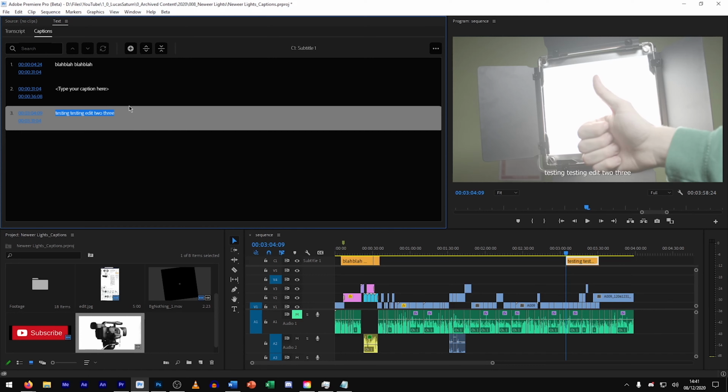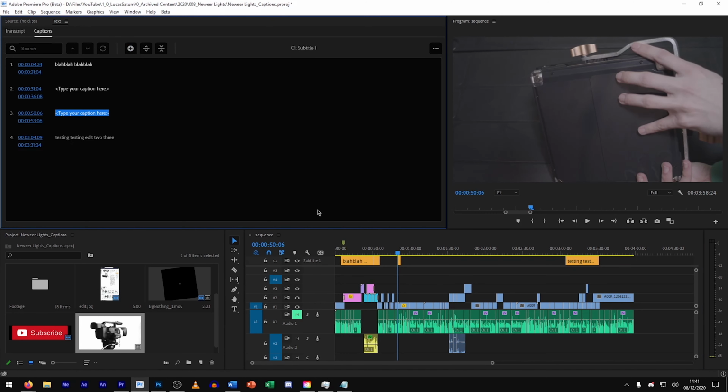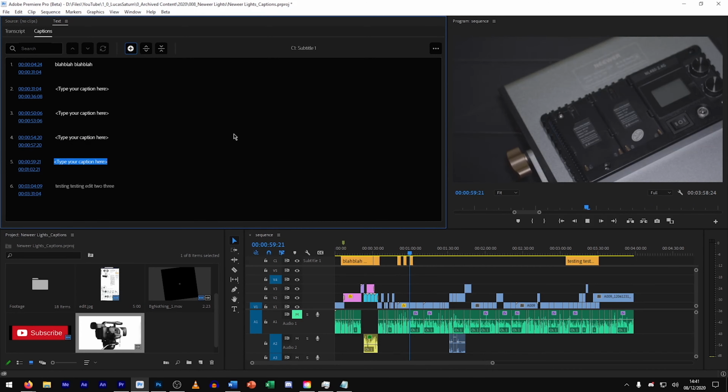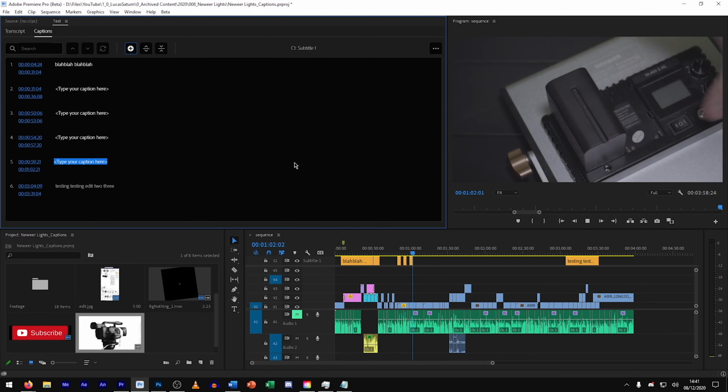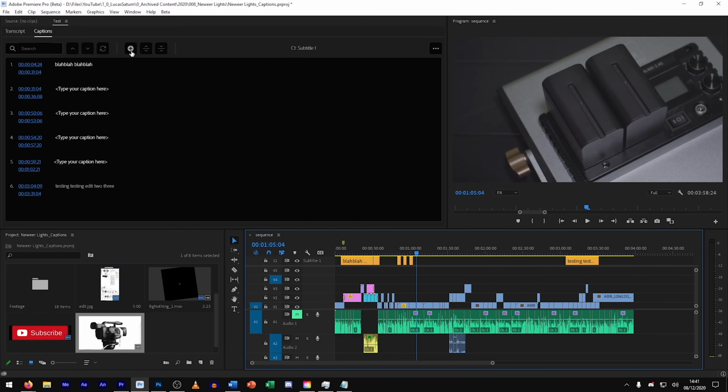So that's one of the things that are kind of not that great. I found that, for instance, if I add a caption here and then press play, it plays, but then it has that button selected. So if you press the spacebar, it'll pause, add a caption, and just keep doing that. Whether that's intentional or not, I'm not sure, but it's not the most ideal thing. It also disables the J, K and L buttons for actually playing, so it's not the greatest workflow. If you want to be able to play normally, you have to deselect that button after you've clicked it.